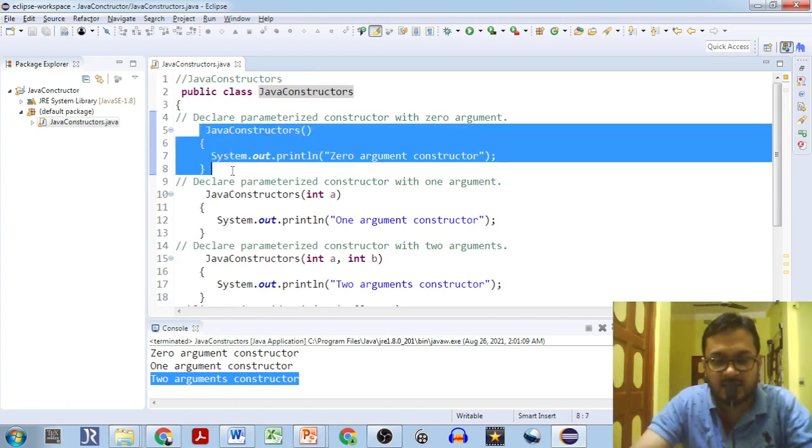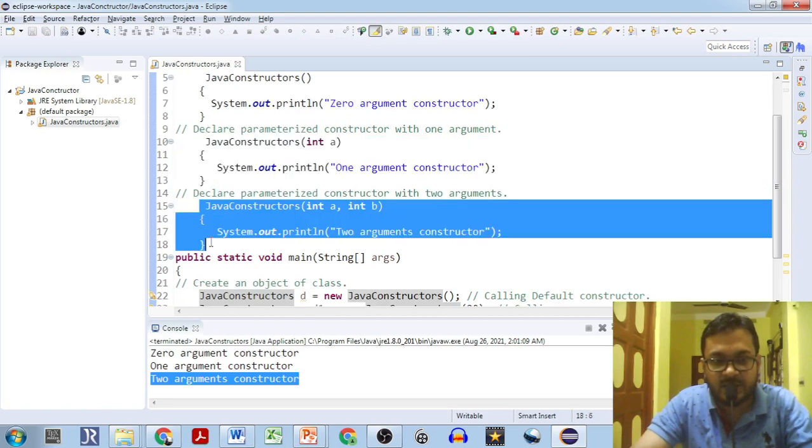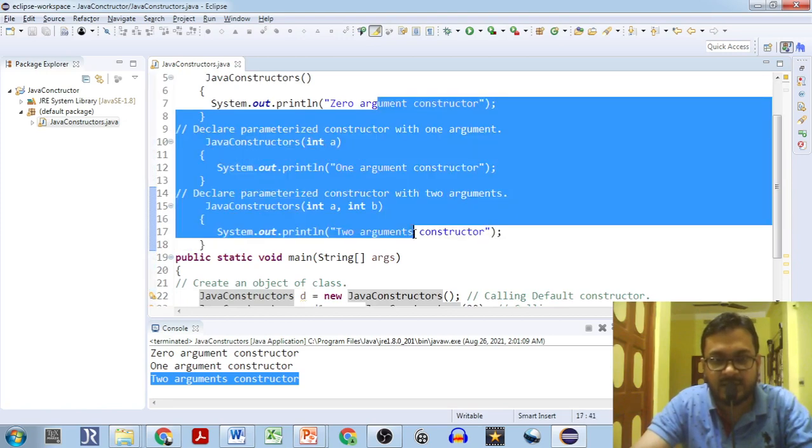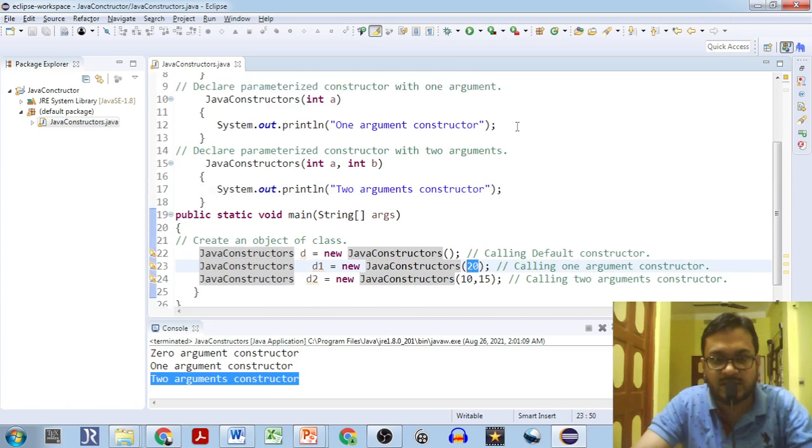So basically, the parameterized constructors are called first to create the objects. D1 is created by the single parameterized constructor and D2 is created by the two parameterized constructor. So these things are being printed one by one. You can make use of this also. These values you can make use of, and print them over here. Then you get more surety that it's working correctly.